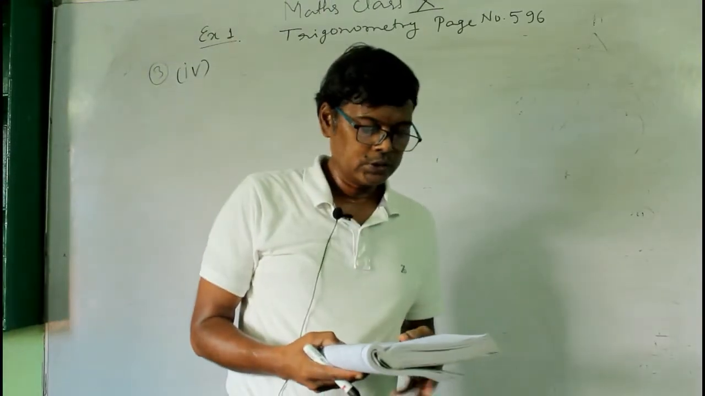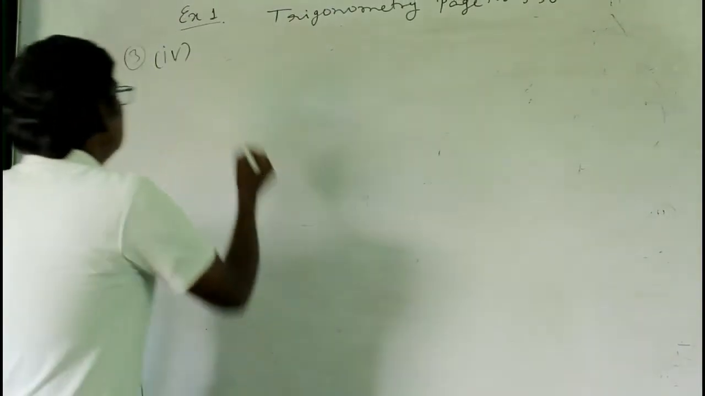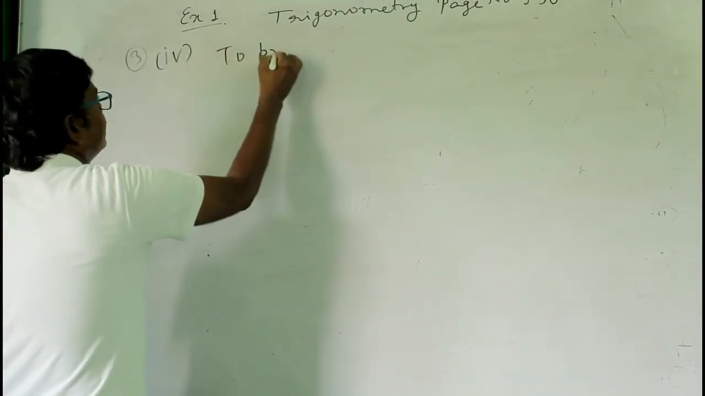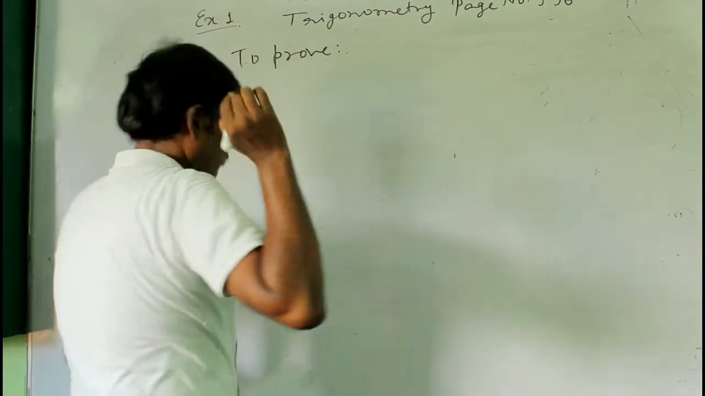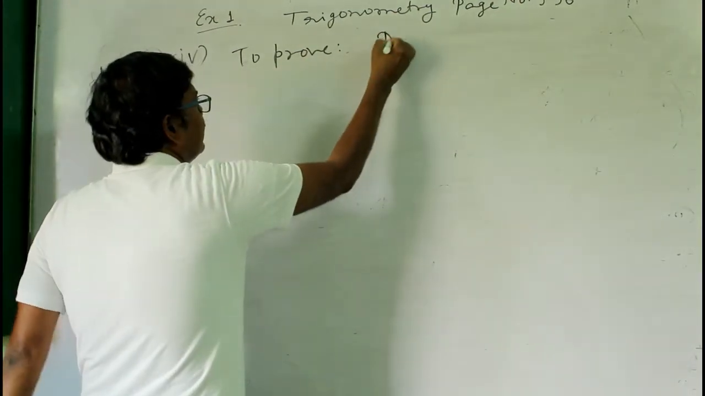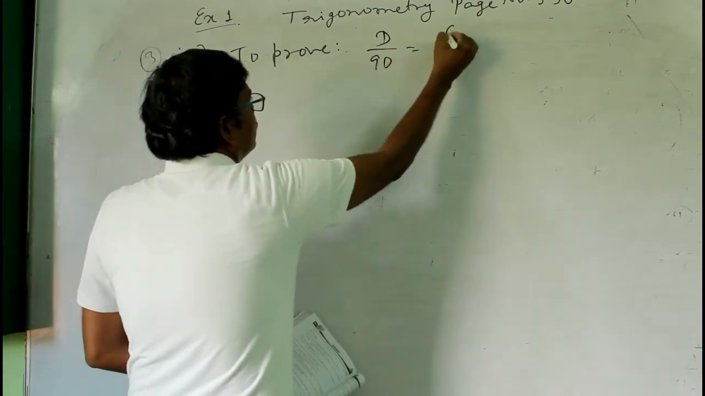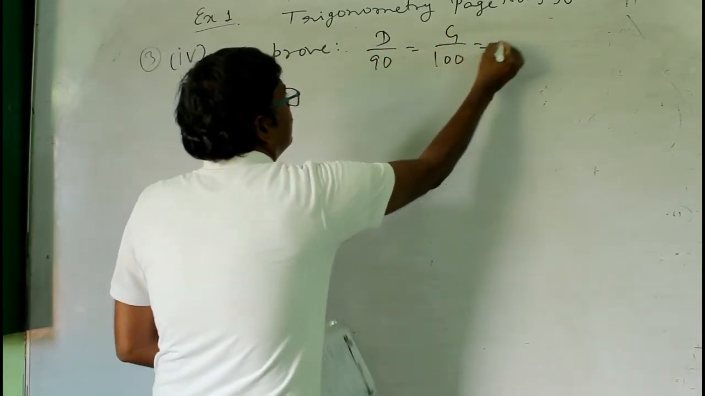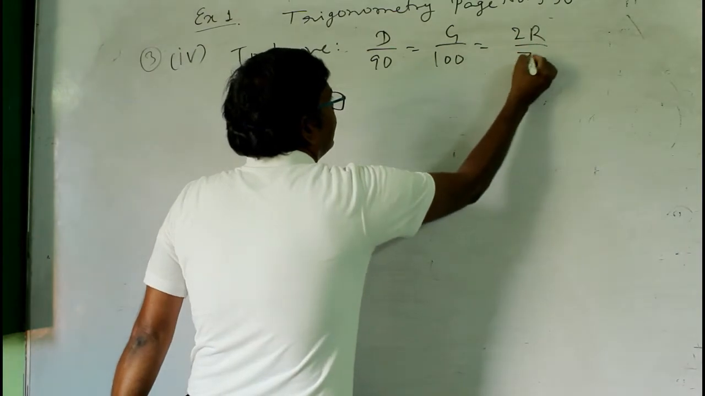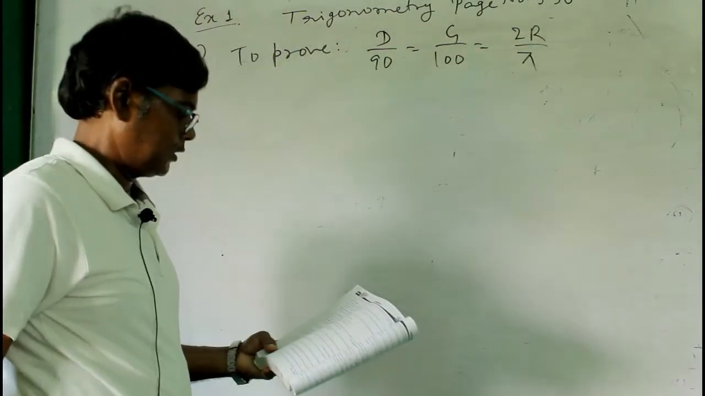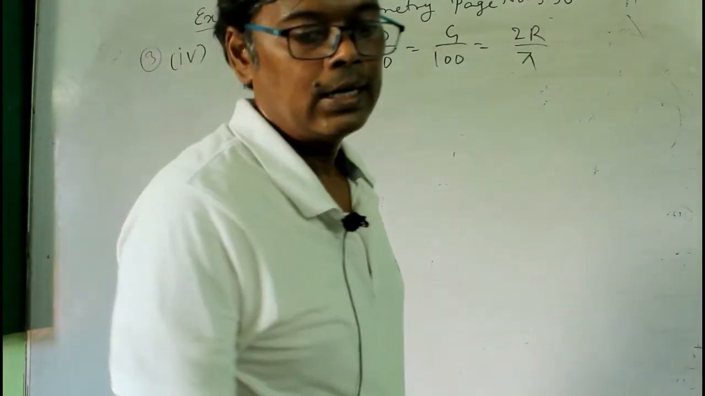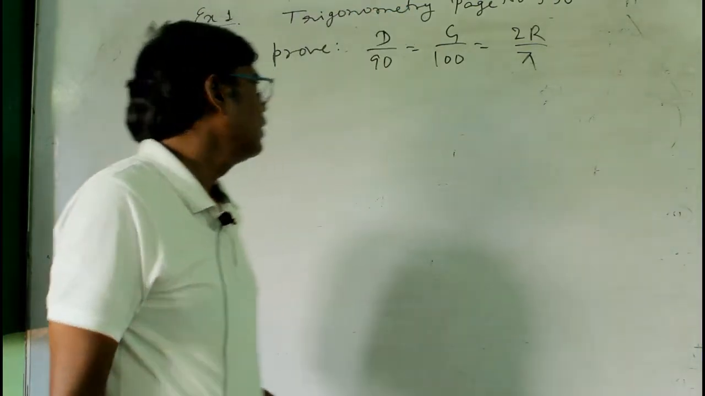Okay. So question number 4, we have to prove that d by 90 equal to g by 100 equal to 2r by pi. And in this we are given